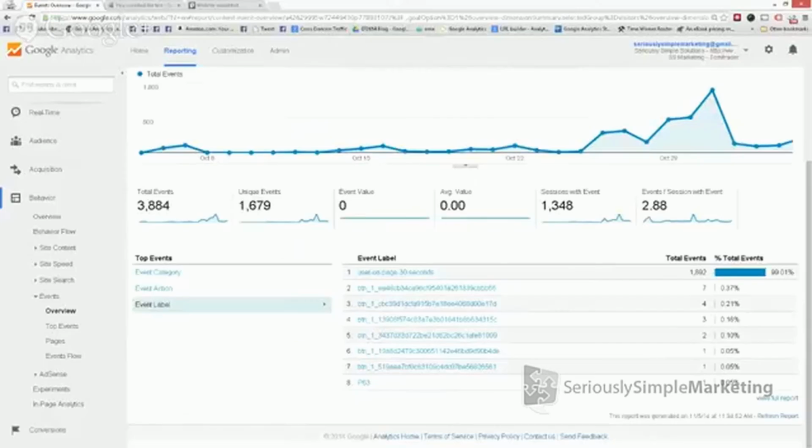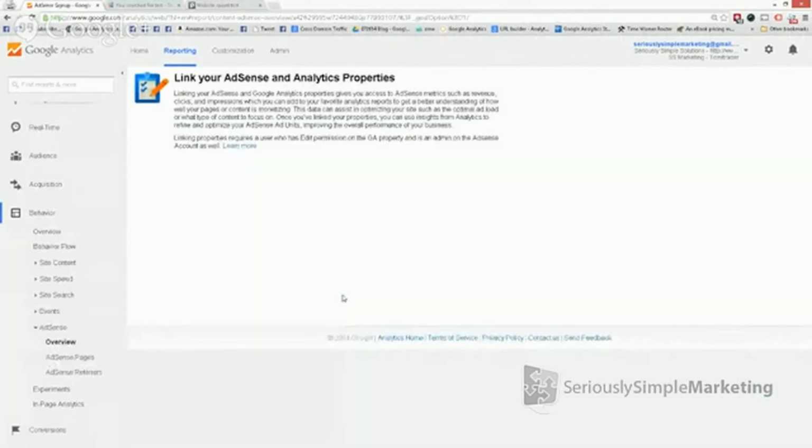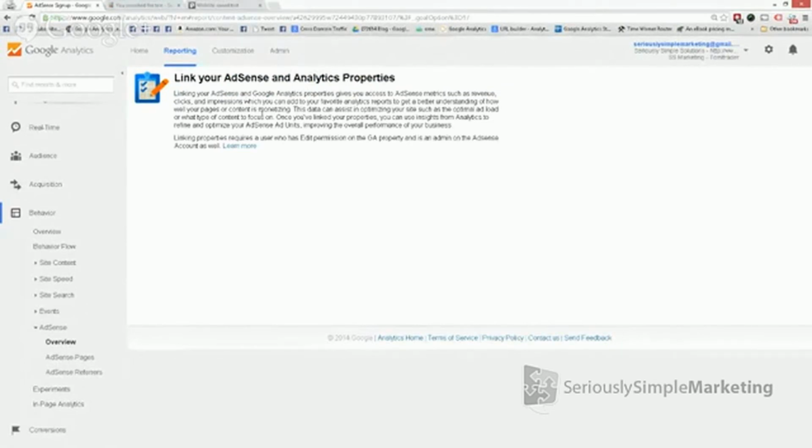And we'll bring that back up here. Okay, so here's Adsense. Again, just overview, you're going to see a bunch of zeros here, pretty much nothing, because we haven't linked it. So you basically link this up and then Adsense data will come through. Again, we don't use Adsense. We don't work with anybody who does. But if you're doing a blog with a little Adsense traffic, you can link your accounts through here.